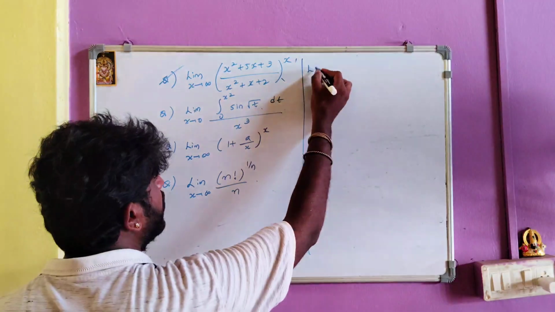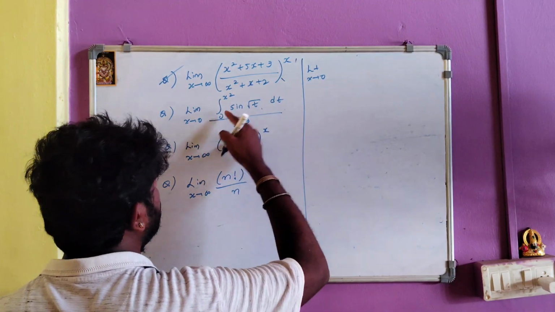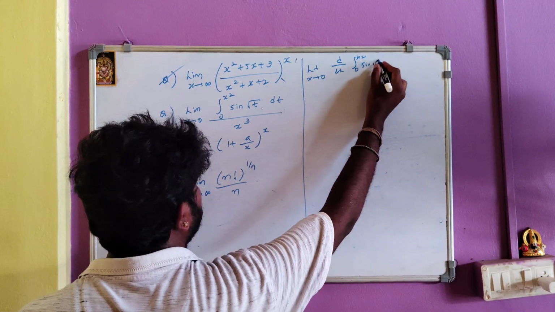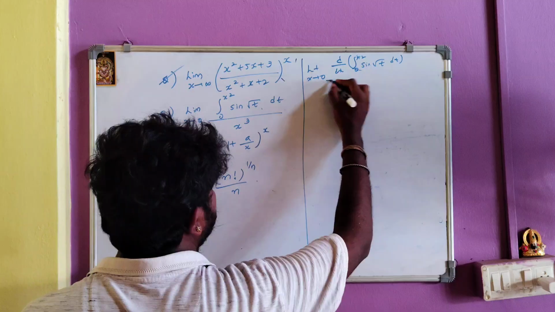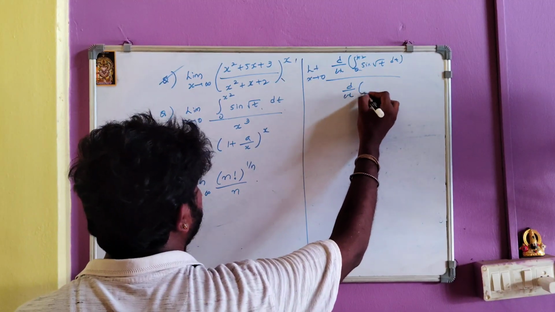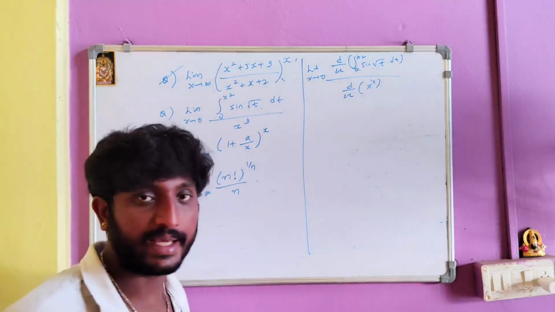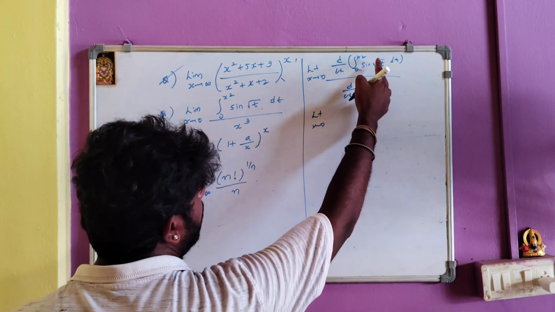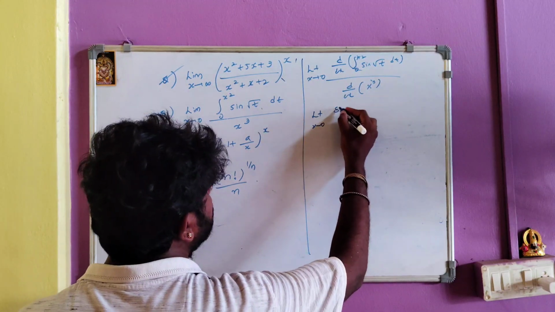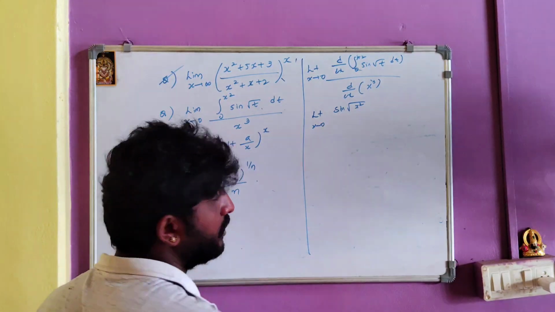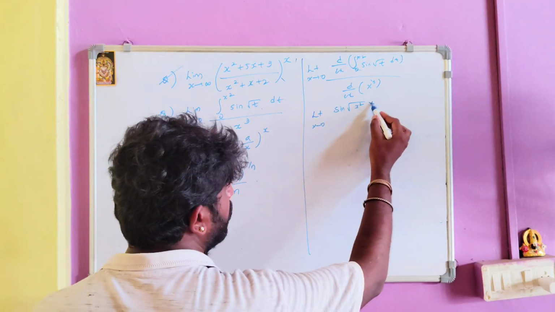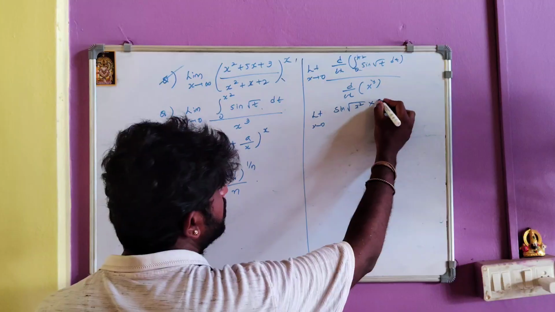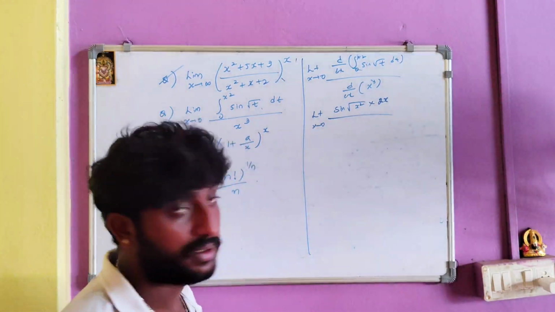Then differentiate the numerator and denominator separately, applying L'Hopital rule here. Limit x tends to 0. We know that in place of t, replace the upper limit, sine root of x square, into x square. Again, x square differentiation is 2x by,